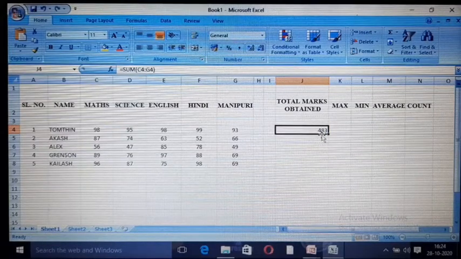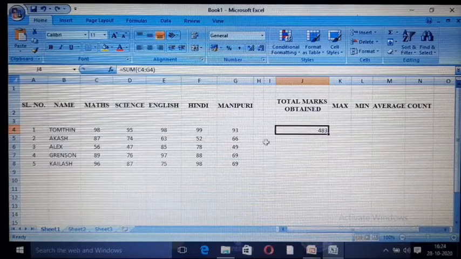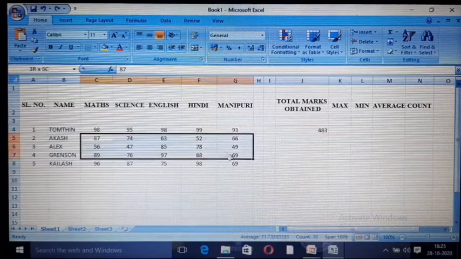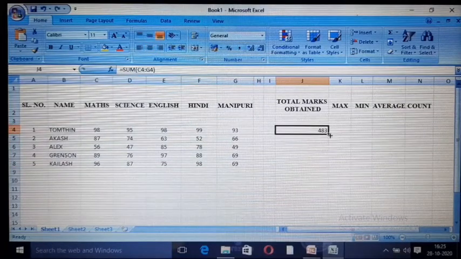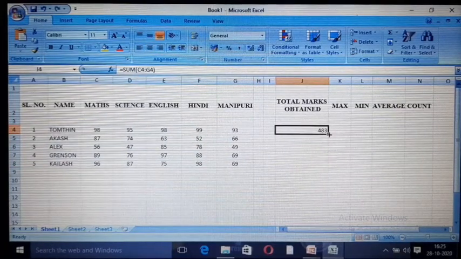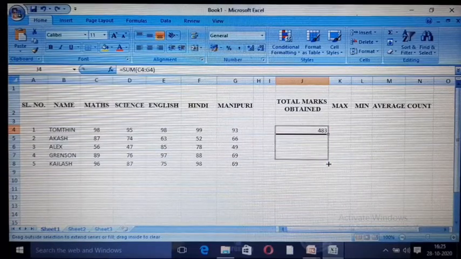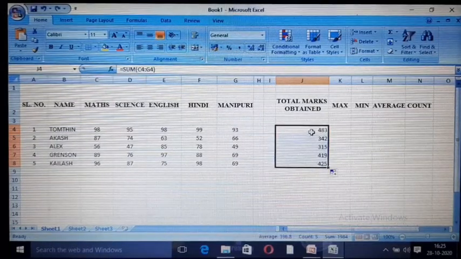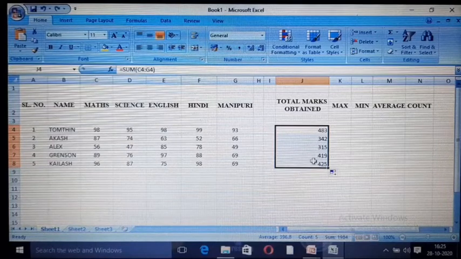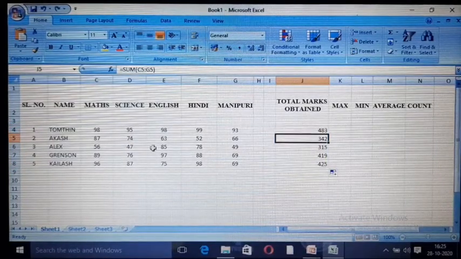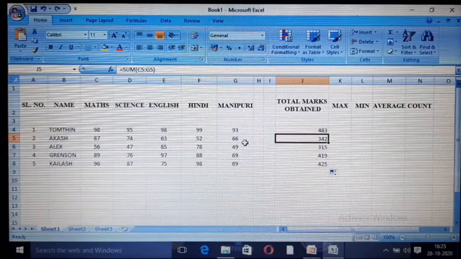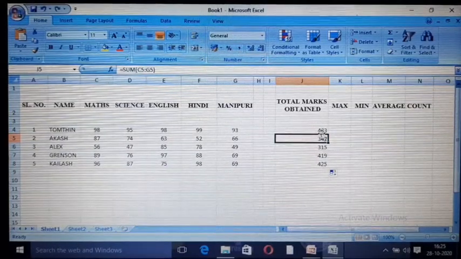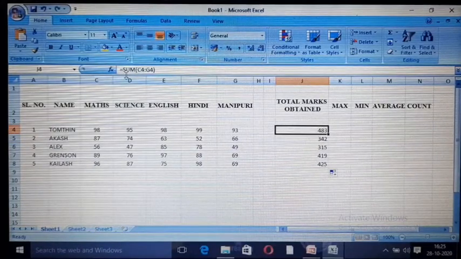Now after applying this, there is no need for writing the function for the other students. You just click here and use the autofill handle like this, click and drag like this. It will automatically add all the numbers. Now see, click here. Now from C5 to G5